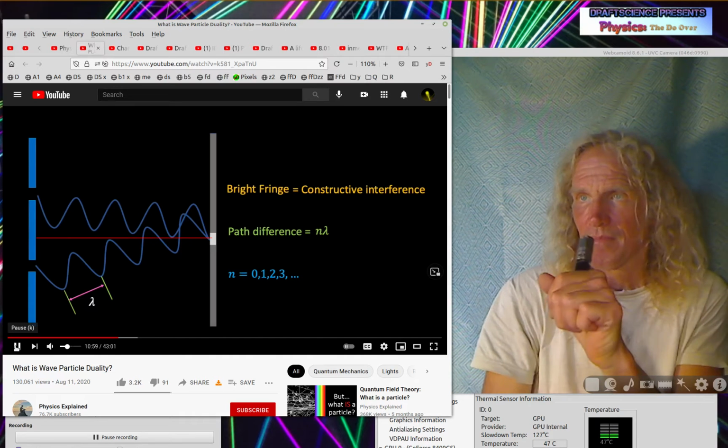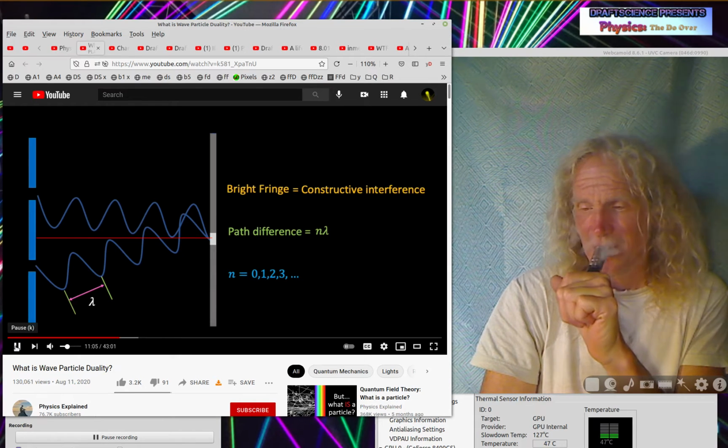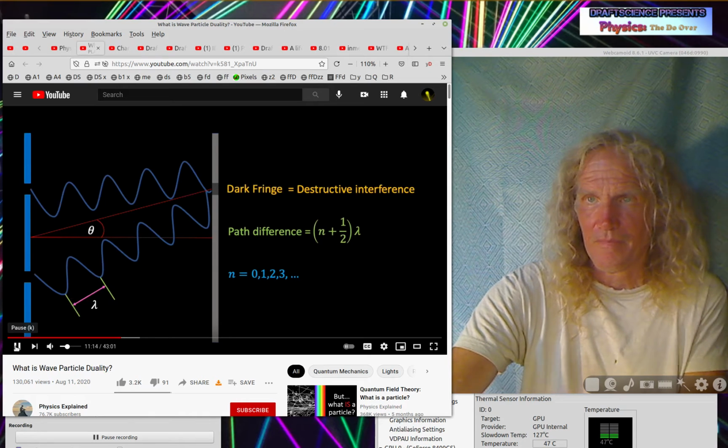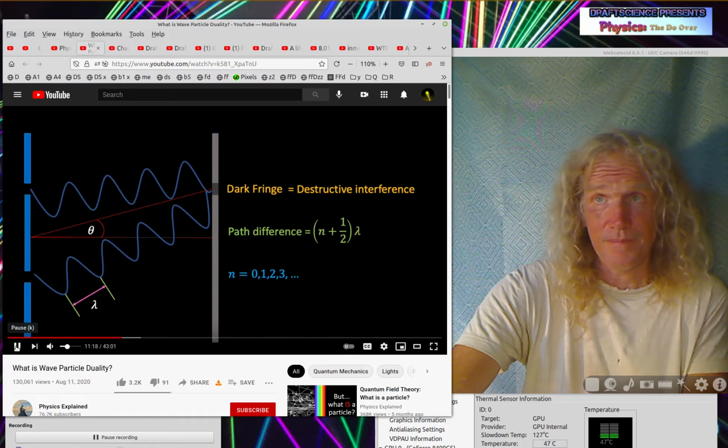Difference in path length between the two paths to a point on the screen is equal to a whole number of wavelengths, then the waves will arrive at the screen in phase, or crest to crest, producing a bright fringe. If, however, the paths differ in length by half a wavelength, then the waves will arrive at the screen out